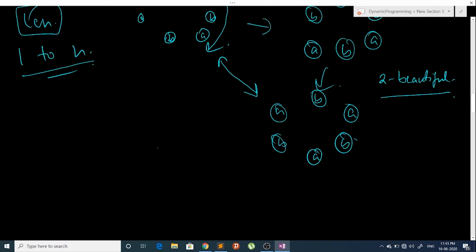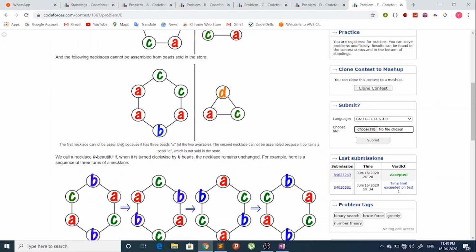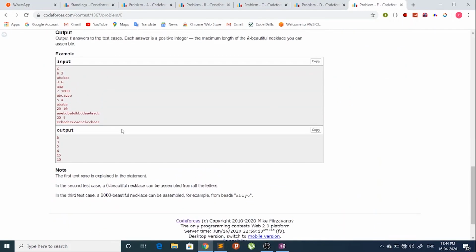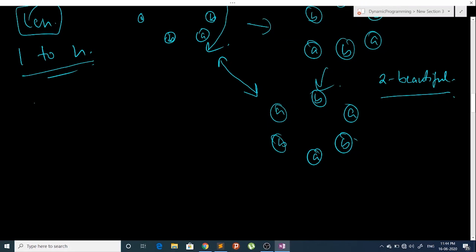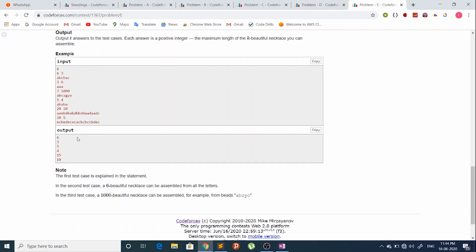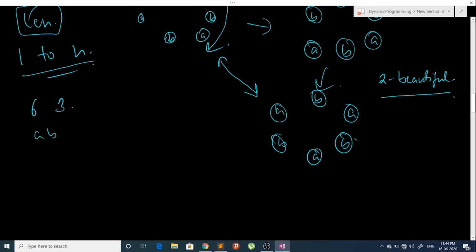So for example, let's see an example here. So if we have 6 3 and we have ABC and BAC. Now first what I'll do is, I will make a frequency array for each letter. So I will have here A equals to 2, B equals to 2, and C equals to 2.